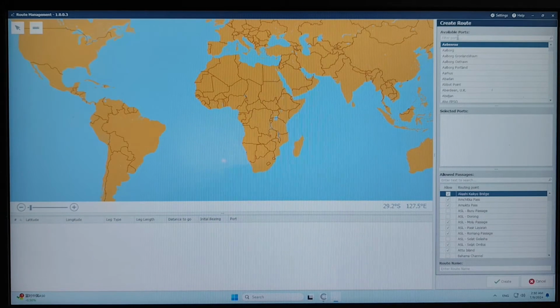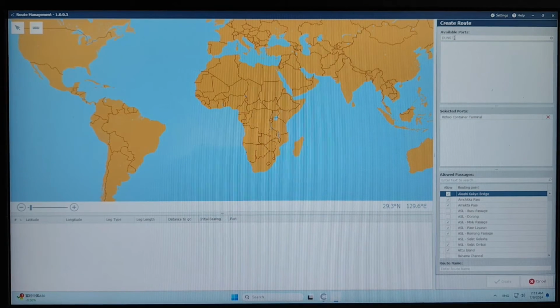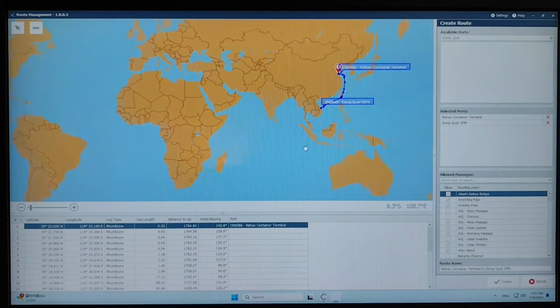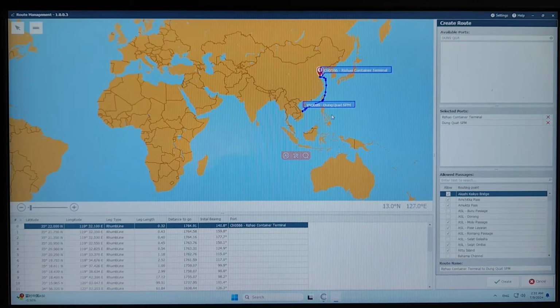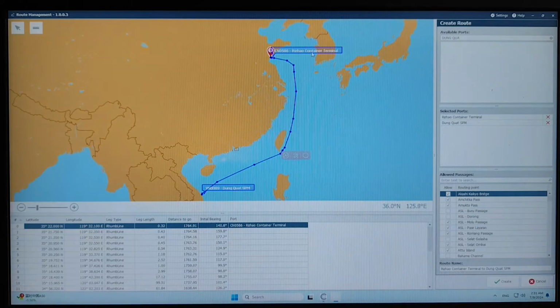And in the available ports here, you have to input our current port. For example, our current port is Zhejiang. I will select the Zhejiang container terminal and double click on that. Then you have to write the next port. For example, our next port can be Trung, Vietnam. You can see that. Then double click on that. So after you double click on the next port, it will give you the best optimal route from Zhejiang to